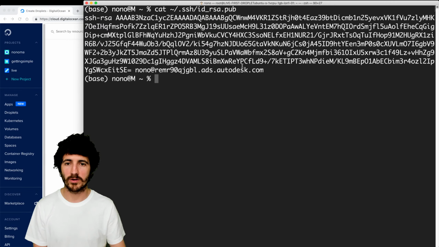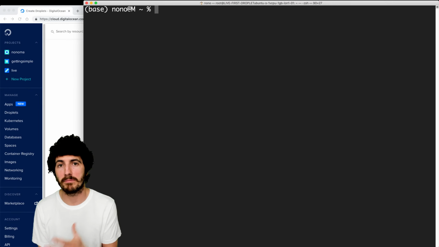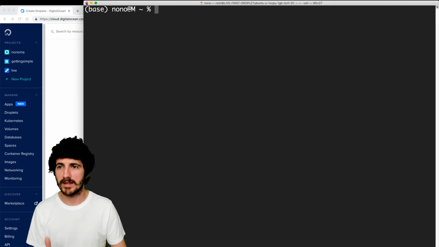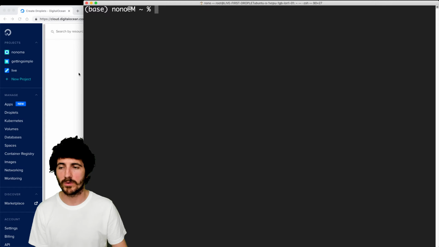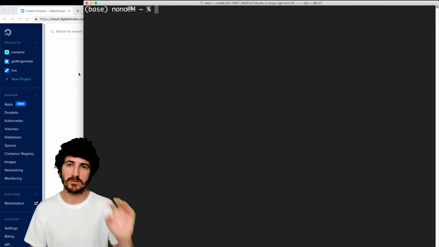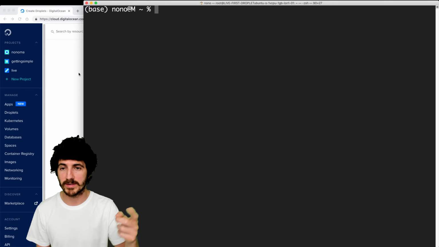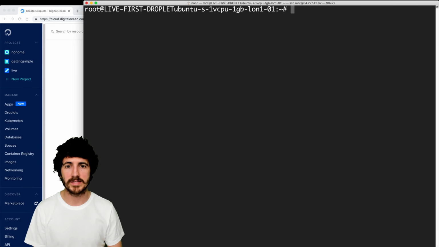you actually log here your public SSH key, and that way when we do that, we can then go into DigitalOcean, click on new SSH key, and we can paste our public key that will give us access. So once again, we're just gonna go and SSH into our server, and now we're inside it.